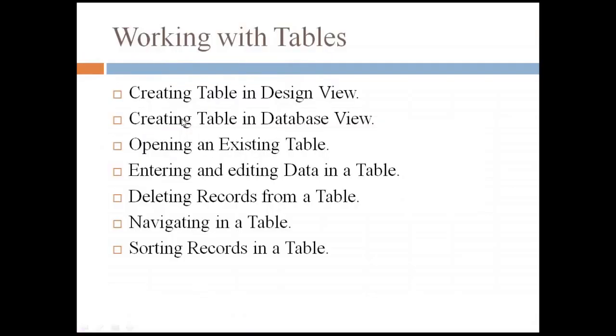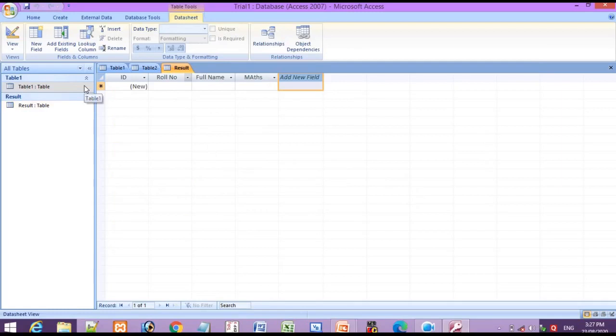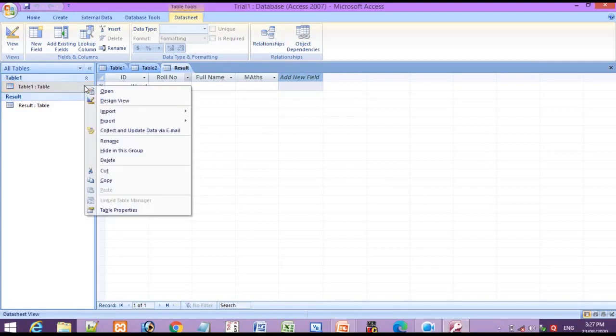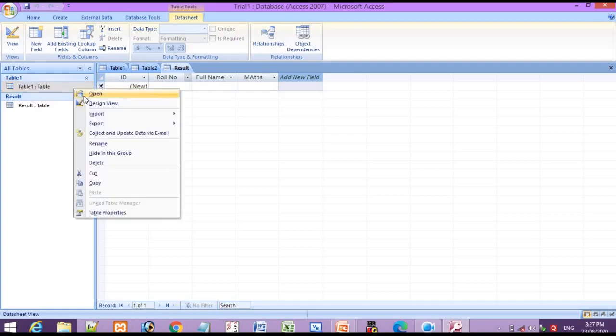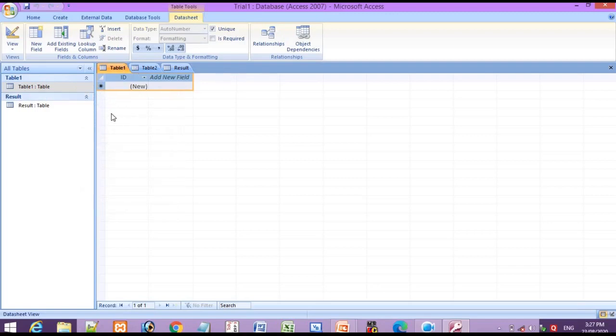Now what I have to do, I have to open an existing table. मतलब पहला बनाया हुआ टेबल मुझे खोलना है, तो कैसे खोलूँगी, just I want to open a table from table 1 and just right click over here and say open. मैंने यहाँ पे क्लिक किया. I want to open a table which I have created previously. So right click over here and say open. So you can see that table got opened over here. So in this way you can open your existing table.